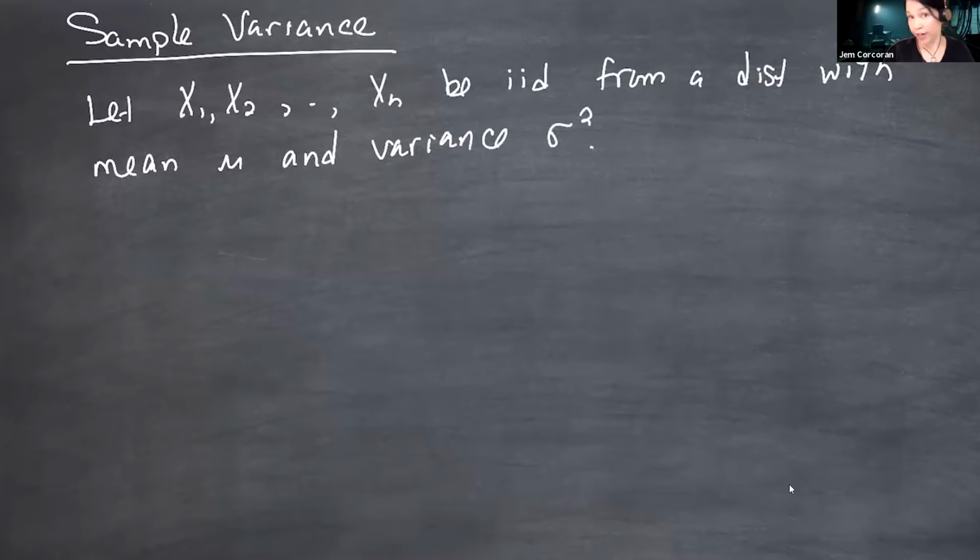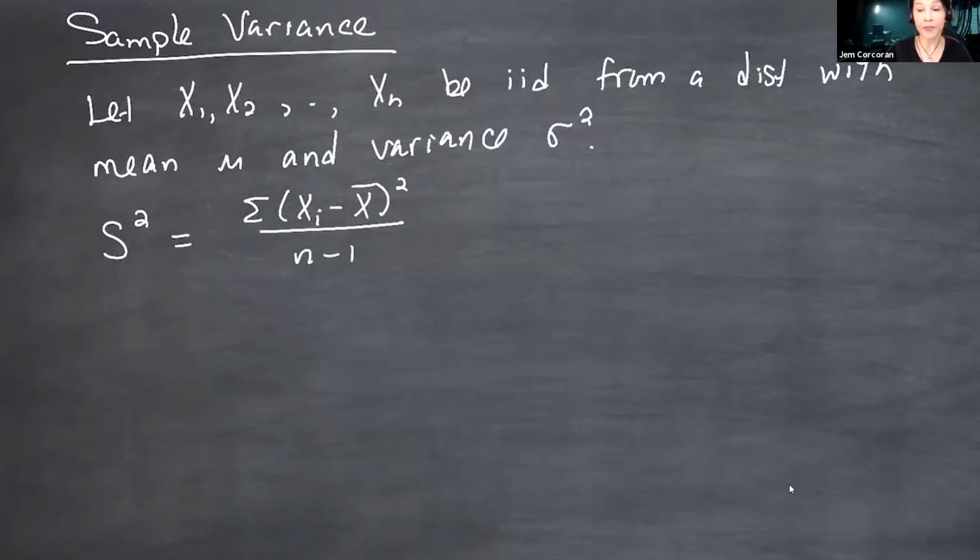So our sample variance we are taking in this class to be s squared, which is the sum of the xi minus x bar all squared over n minus 1, which is a little weird because we're trying to